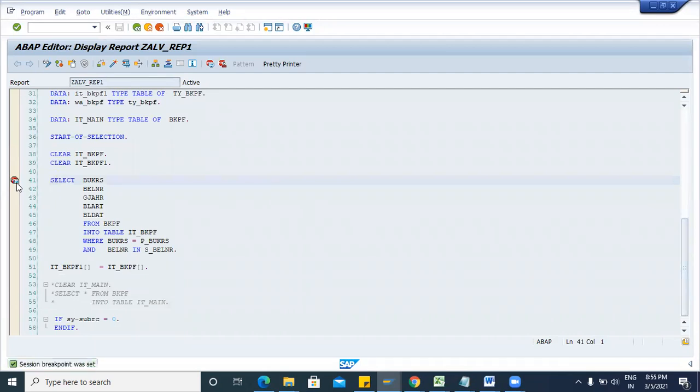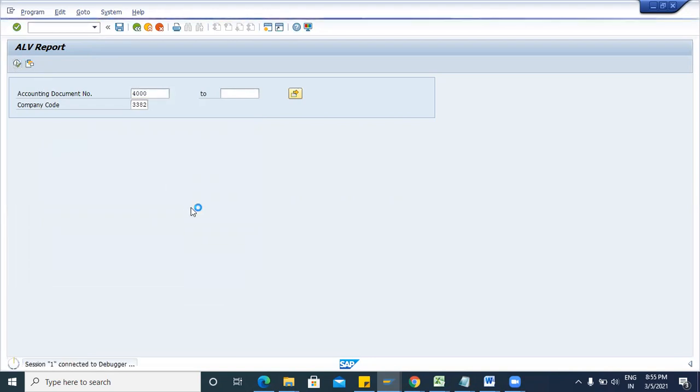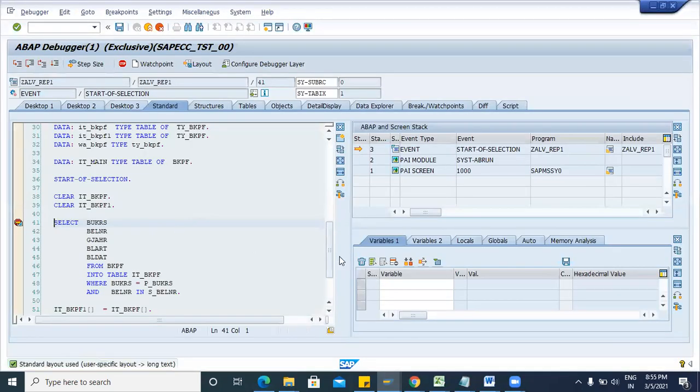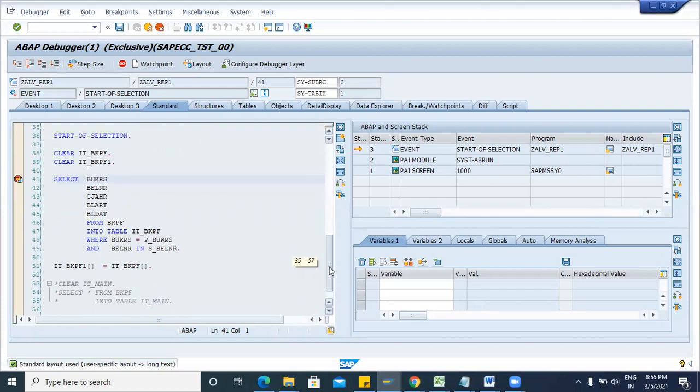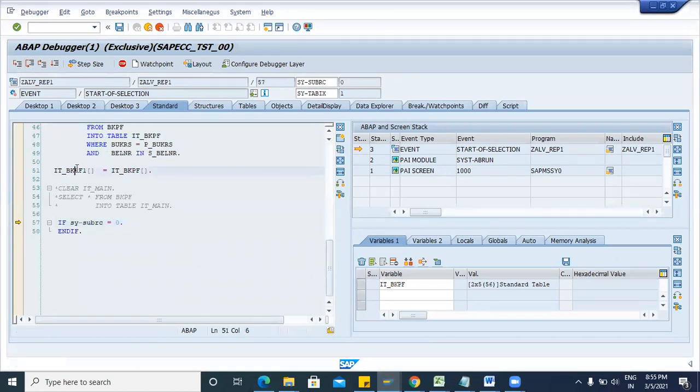We will declare it later. Select your variant testing. So to save the user input, we have just declared a variant. So a variant is used to save your input. Now you can see your data. Just press F5. In the ITBKPF1, we are also having two records.